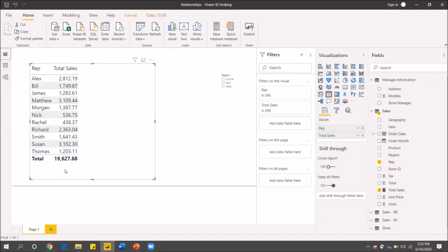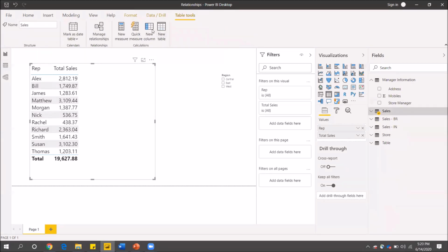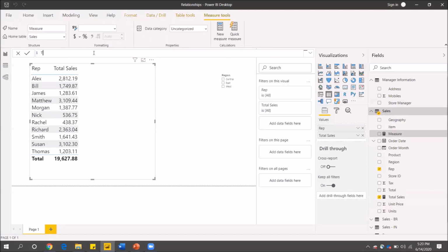And to achieve that, I will use the ALL function because like I said, it ignores any filters or slicers in a report. So before I generate a new column which tells me about the percentage of sales made, I will make one more column which gives me the denominator for each row. So now let's do that first. To achieve that, I first go to new measure. Let's say I'm calling it Total Denominator.